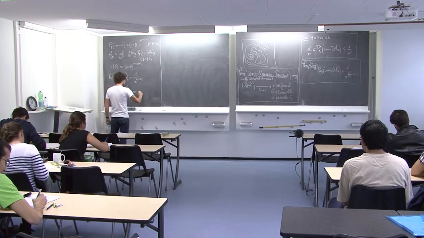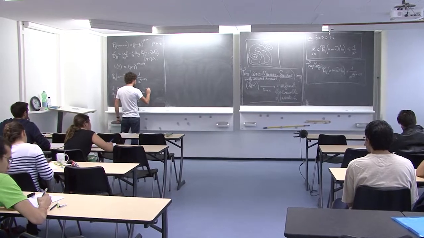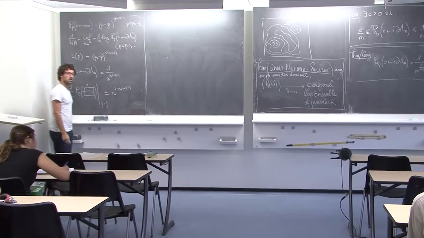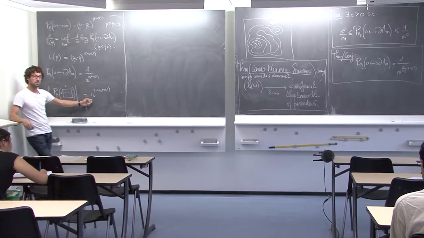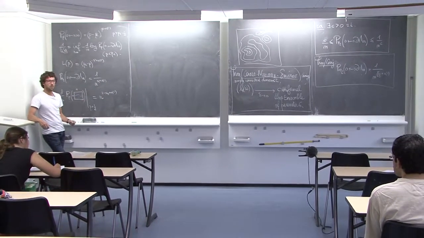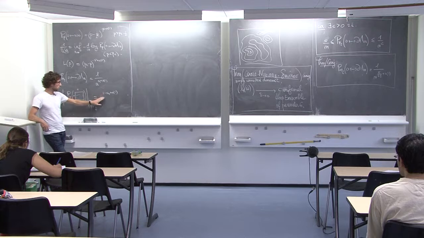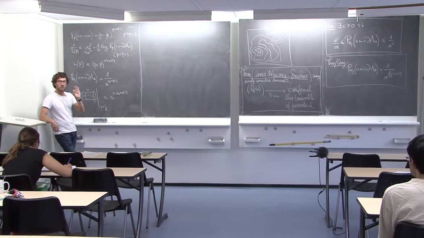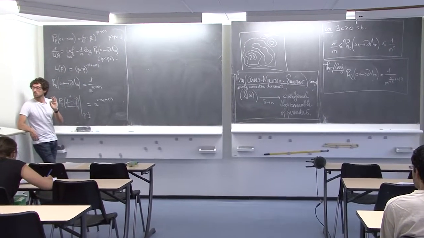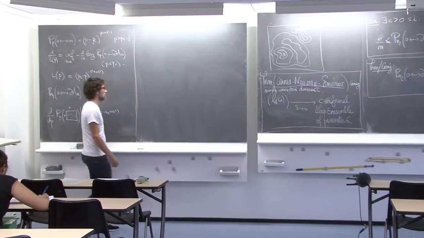So this is going to behave like n to the 2 minus alpha 4 plus little o of 1, in fact. So it's going to blow up faster and faster. I put 2 minus alpha 4 because you remember I said that the derivative of the probability of an event is basically a sum over the edges of the probability of being pivotal. Imagine basically that all the edges have the same probability of being pivotal. Then there are n square edges, and the probability of being pivotal is n to the minus alpha 4. So this exponent alpha 4 is basically describing the probability of being pivotal. I will go back to this later on if we need to.